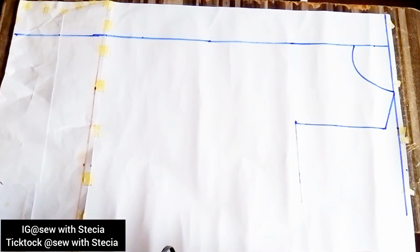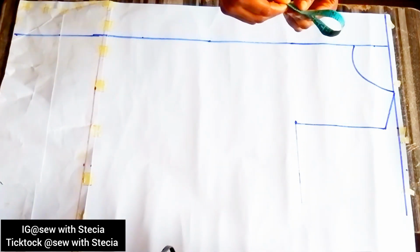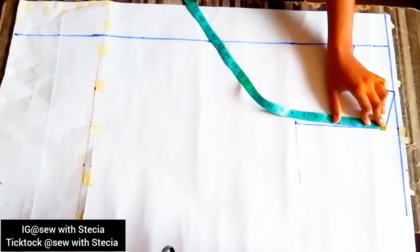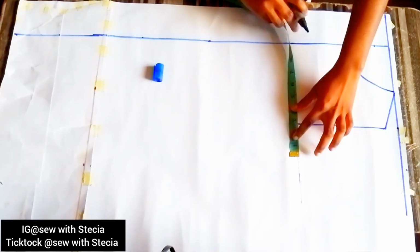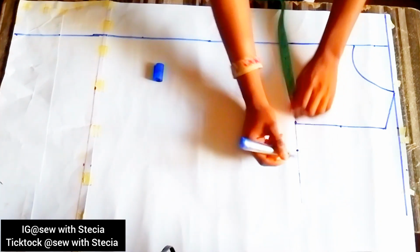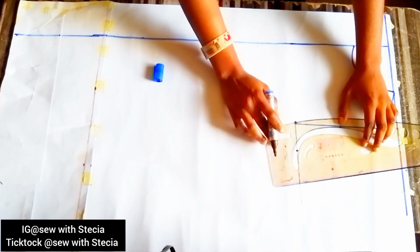So the next thing we'll be doing now is to measure what we have here, and we'll divide that by 2, and I'll go ahead and make a dot there. That is the midpoint. And then I'll come to the chest line, this line here, and I'll be inputting my bust measurements. After that, I'll go ahead and draw my armhole curve